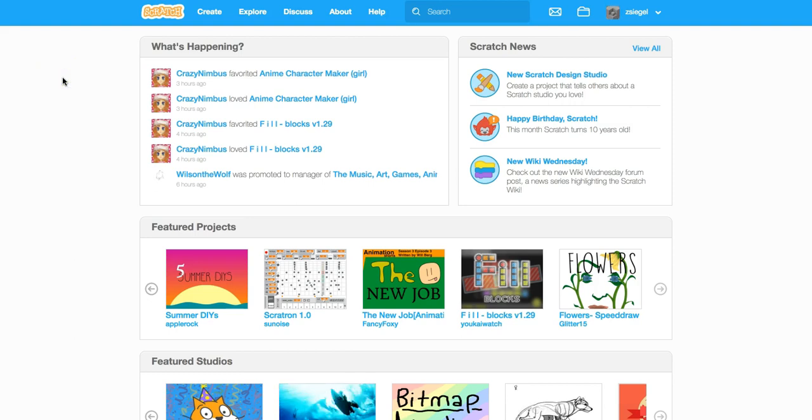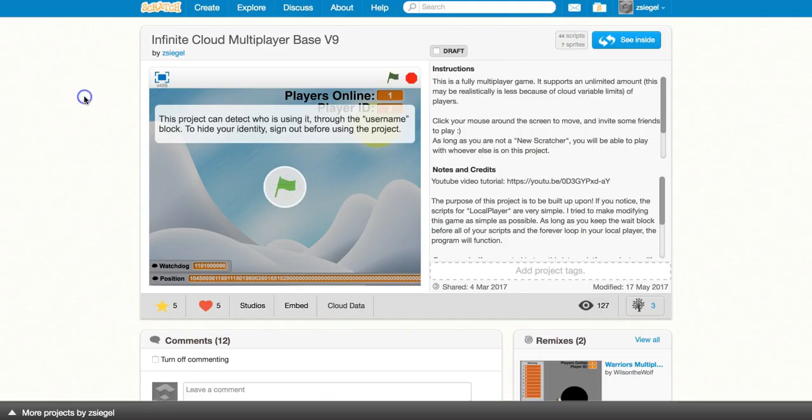In this tutorial, I'm going to show you how you can make a cloud multiplayer platformer game. This tutorial is going to make use of my cloud multiplayer base. This is the project right here. The great thing about the Infinite Cloud multiplayer base is that it lets you make your own cloud games really